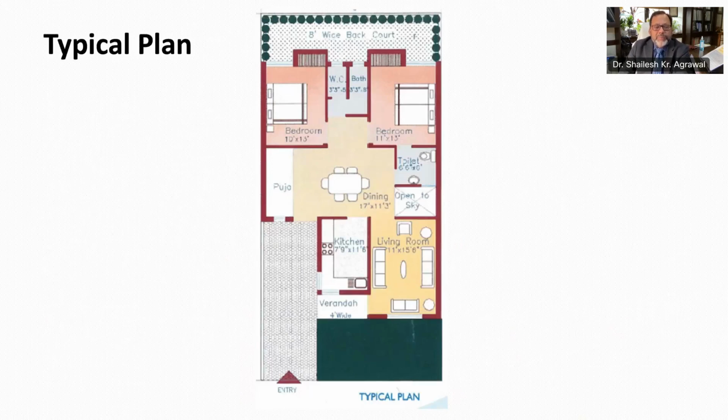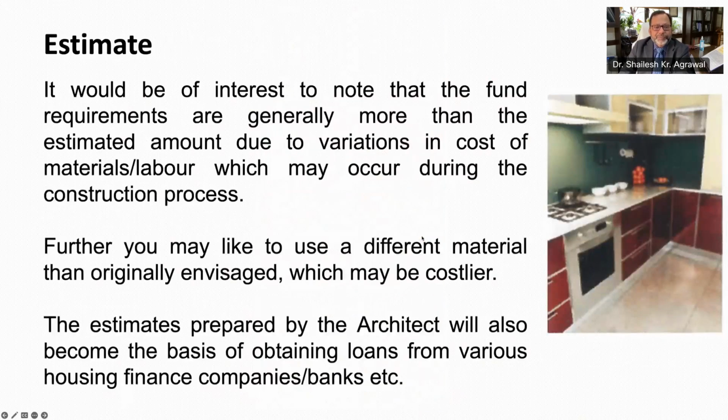As you can see here, the plan comprises the basic layout of your house along with other details, and it can be finalized in consultation with an architect. Having prepared the plan, the next thing is to know the cost involved in house construction. So the estimates are to be worked out so as to know the cost of construction, and the owner can plan